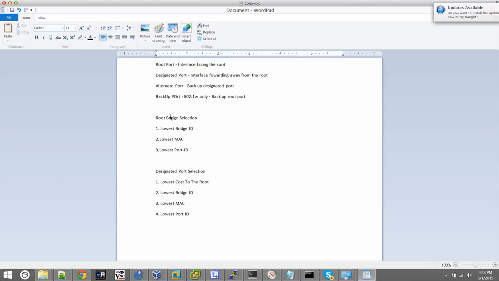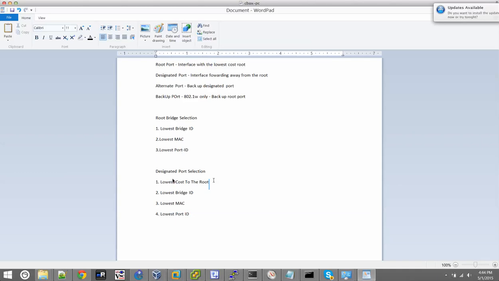I want to get back to the root port when we're talking about designated port selection. It's the interface with the lowest cost to the root. Just because it's facing the root doesn't make it a root port, so that's something I should point out as well. So it's the interface with the lowest cost to the root. And now going to the designated port selection, we have